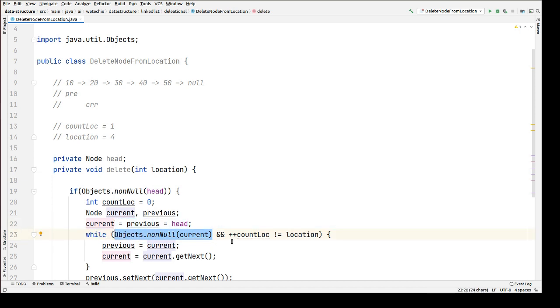Now another condition needs to be true to execute this part, right? So count value, initially we had 1. Now after pre-increment it will become 2, right? Now we are checking whether it's not equal to location. So location value we have 4, meaning 2 is not equal to 4. Again this condition is also true. So both conditions are true, as we are using the AND operator in between these two conditions. So the whole condition is true, and it will come inside